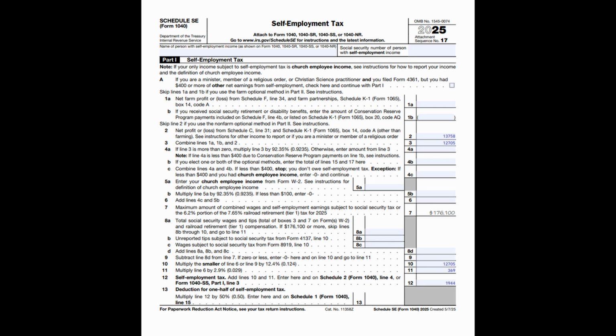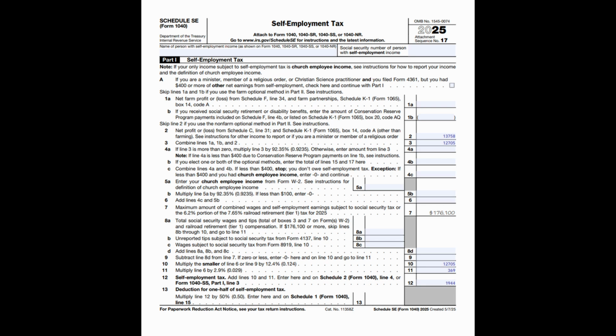Line 7, Social Security wage base. That $176,100 is just the maximum income taxed for Social Security. Lines 8A, 8B, 8C, 8D don't apply to David. Alright, line 9 also doesn't apply to David, so we leave this blank. That means when the form says multiply the smaller number, line 6 or line 9, we just use line 6 and multiply that by 12.4%. And that's how we got